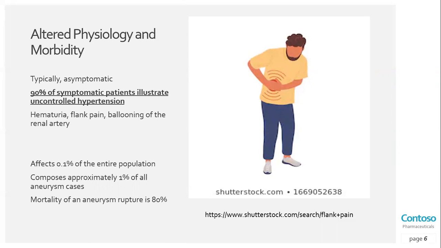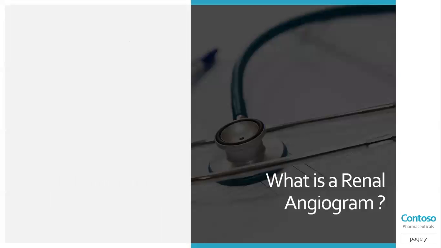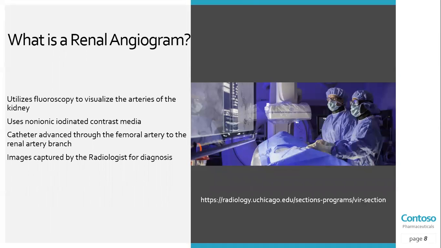Moving on, how do you diagnose a renal artery aneurysm? That's through renal angiography, but what is a renal artery angiogram? So a renal artery angiogram is an imaging exam that is performed to view the arteries of the kidneys under fluoroscopy, a live X-ray video. Under localized anesthesia, this procedure advances a catheter through the femoral artery towards the bifurcation of